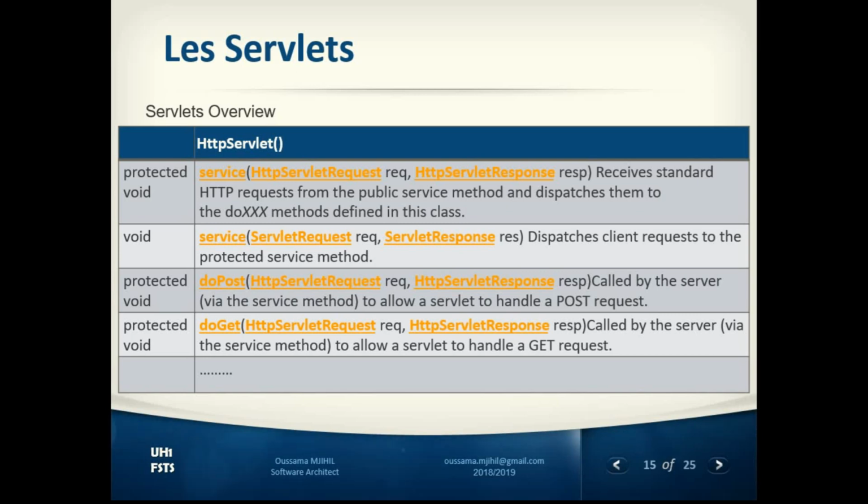And there is also the post and the get, which are two methods of the HTTP protocol. So the post allows the servlet to handle the post request. That's something that's going to be posted to the web server. And get is a request sent to ask for information or to get information from the servlet. So this service, for example, if we go back here and read,